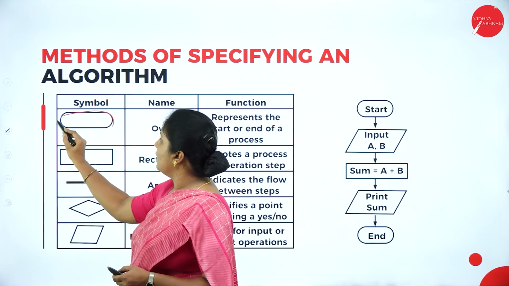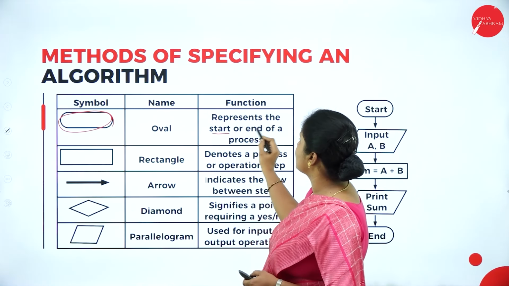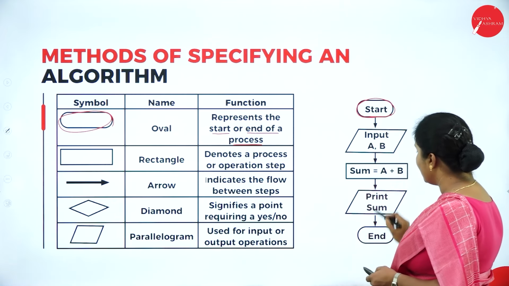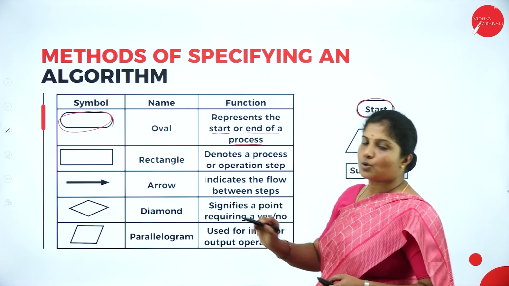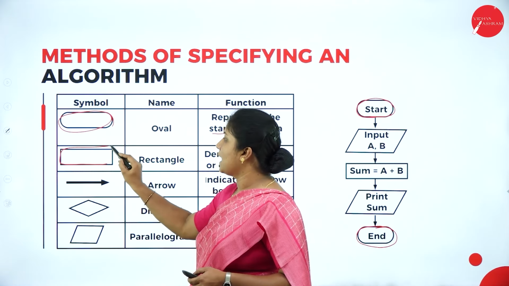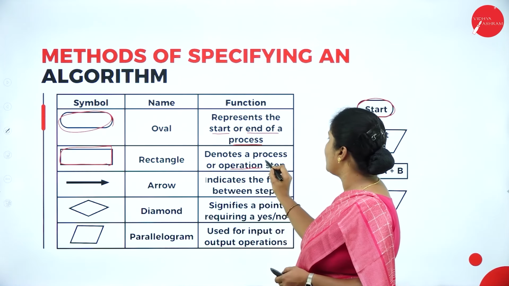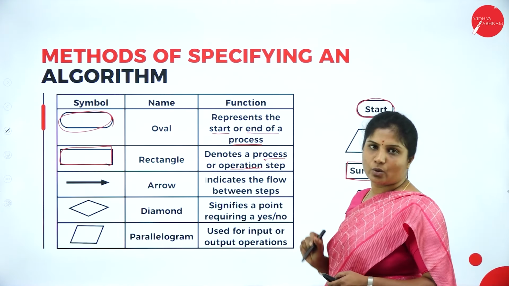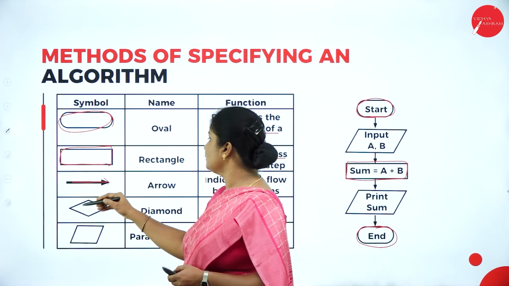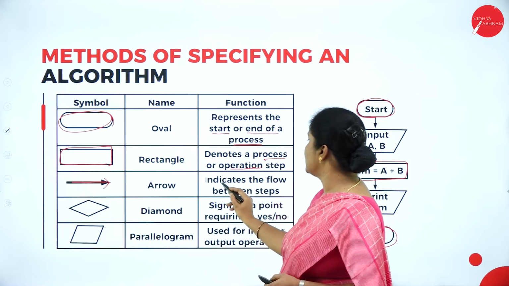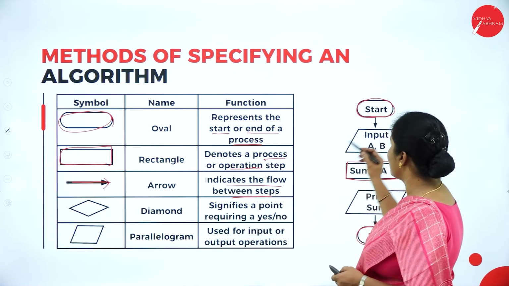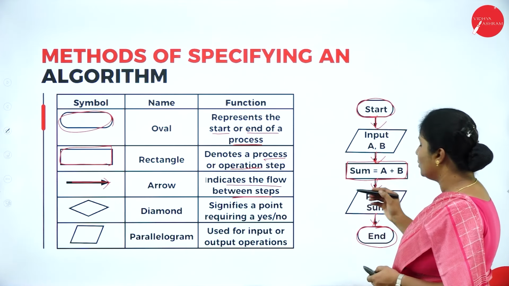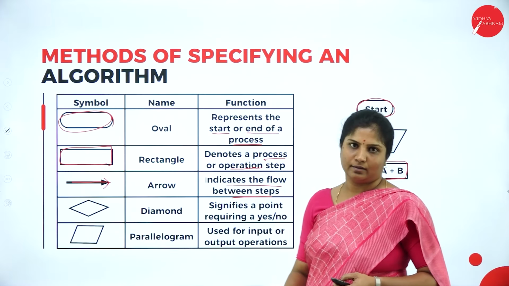The oval symbol represents the start and end of a process. See how they are represented? Start and end of the process, so oval is used. Next comes the rectangle. It denotes a process or operation. What you are doing, it tells what operation you are going to do. The arrow indicates the flow between steps. From one step to another step, the arrow indicates where it is flowing, from up to down